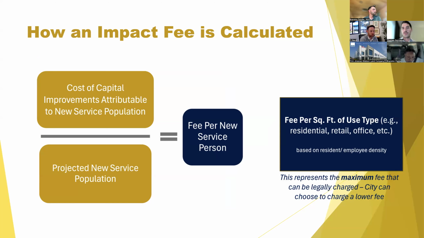Essentially, what those fees will be is determined under the latest state requirements within the Mitigation Fee Act. Those are charged on a per square foot basis for each different type of use: residential, retail, office, etc. Depending on the land use category, there may be a different fee. But one of the latest updates is the requirement that residential also generally be charged on a per square foot basis. And so that will be incorporated into our study. And the study will determine a maximum fee amount that can be legally charged.